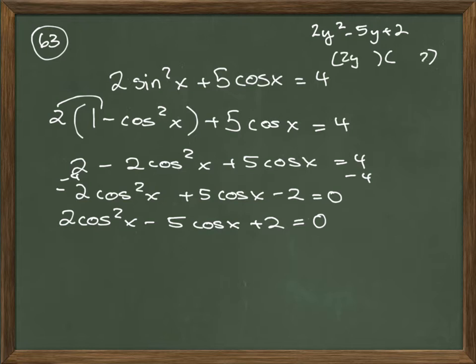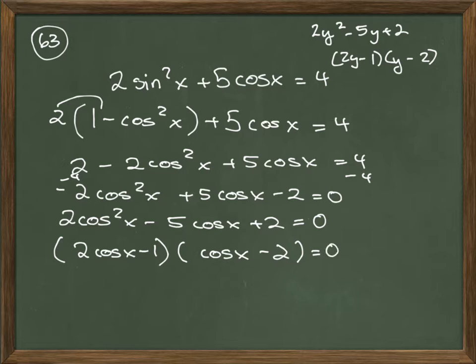The 2 and the y here, they both have to be negative, right? Yes. So this can be factored as 2 cosine x minus 1 and cosine x minus 2 equals 0. Negative 4 minus 1 is a negative 5. This is problem 63, solve the equation. So if we set each factor